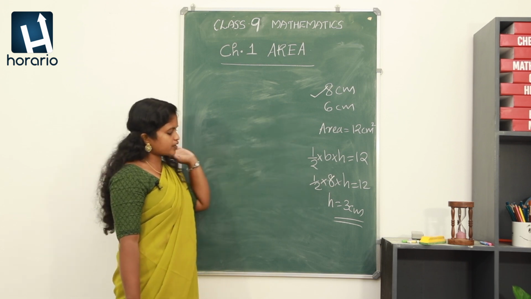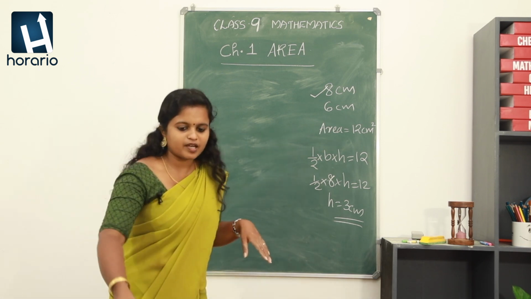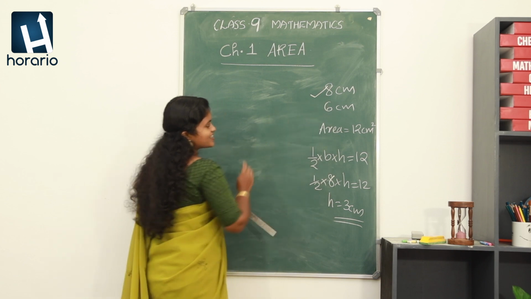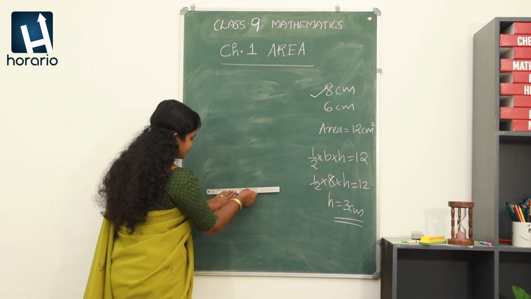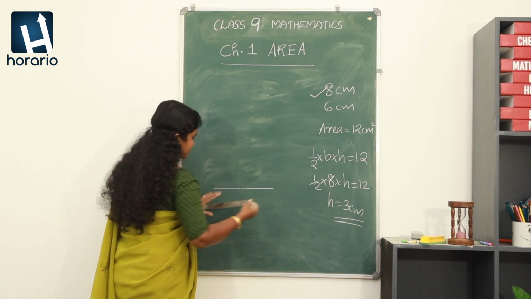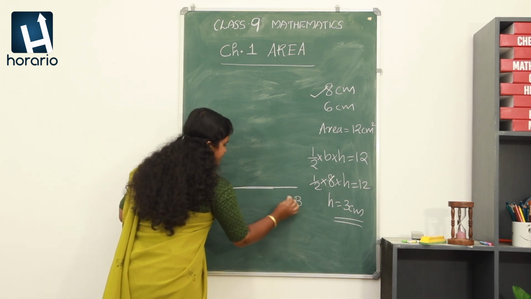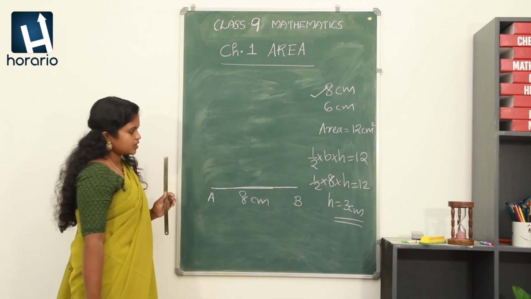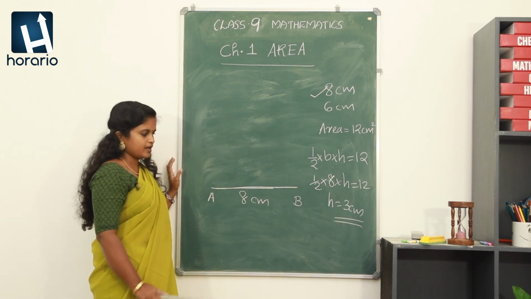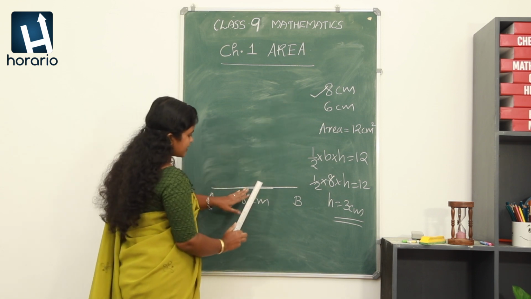Okay. Now according to this, we are going to construct the triangle. Remember, you should use scale, pencil and set squares, everything. I will be using simply one scale. Don't imitate me. So what I am doing is taking the base as 8 centimeter. See, I am choosing the side AB as 8 centimeter. Now what we have to do? We have to take a height of 3 centimeter. First of all, I am measuring height as 3 centimeter. After that only I am measuring 6 centimeter. I will explain why it is so.